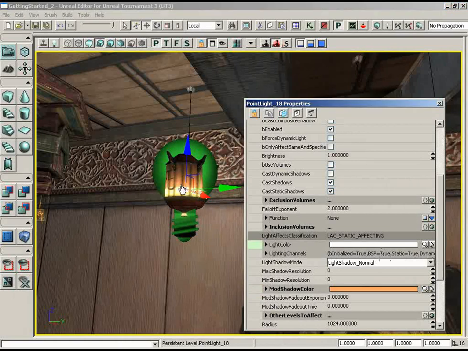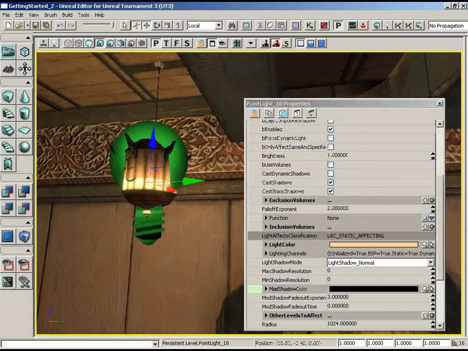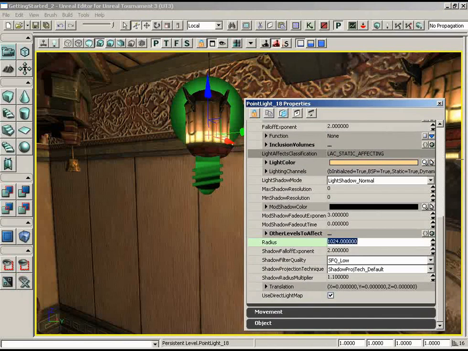Oh, well, we'll just change that, too. We don't really need the mod shadow color. In fact, just on principle, I'll put that back on black. Okay, so now we have a nice orange light. I am going to change radius on this one. Just on principle, so we'll pull this down to, I think 512 might work because it's halfway along the